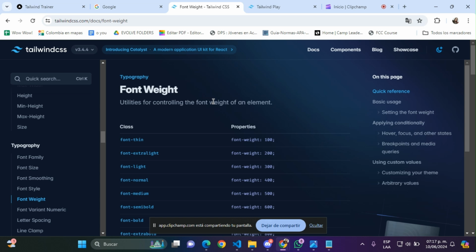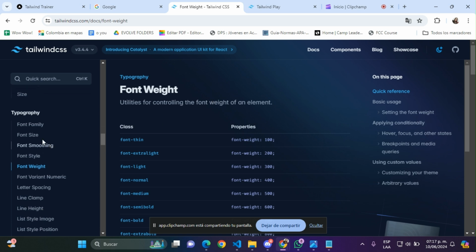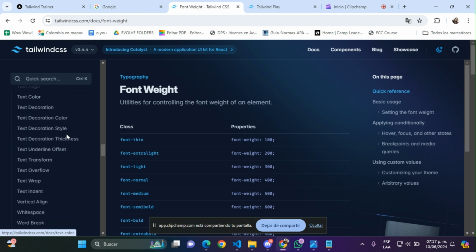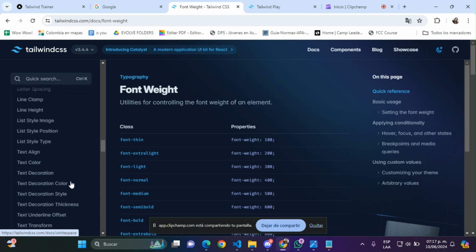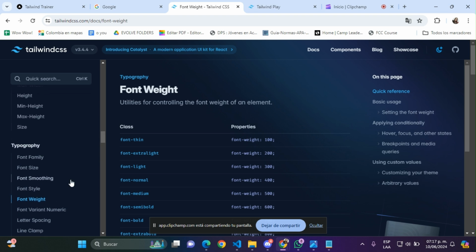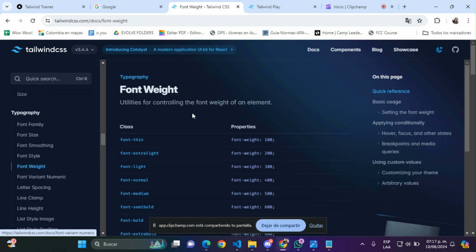Hi guys, so today we're going to start with this Tailwind tutorial and we're going to start with the typography classes of Tailwind. As you can see, there are lots and lots of classes that you can read about on the documentation. Today I'm going to show you the most basic ones and the ones that I'm sure you will be using the most. So let's go to